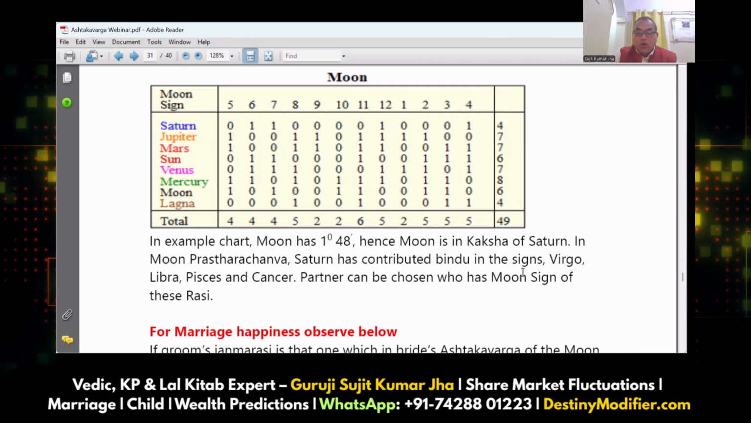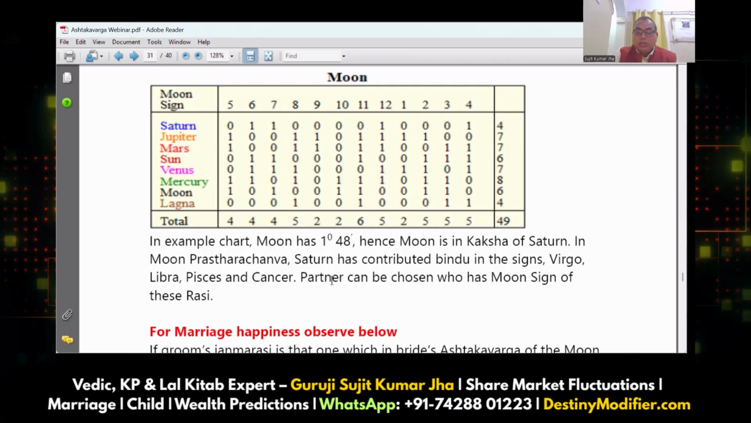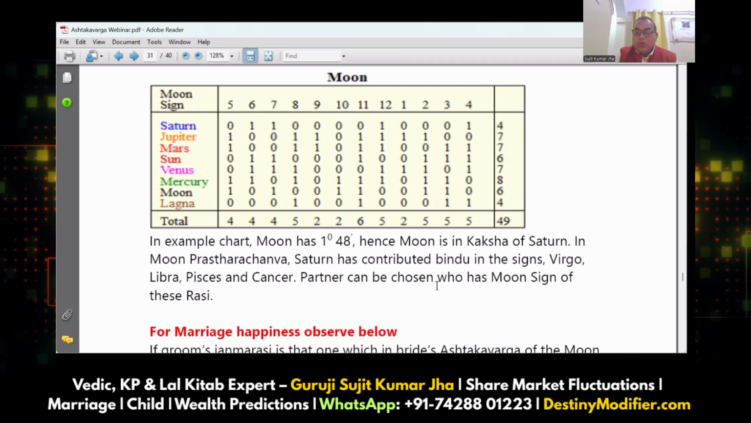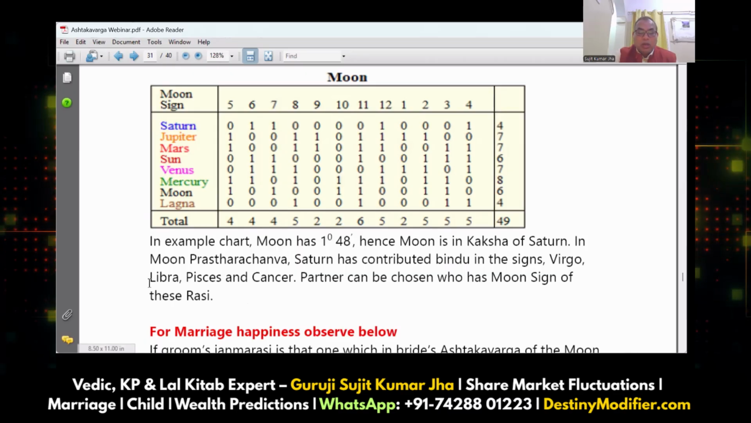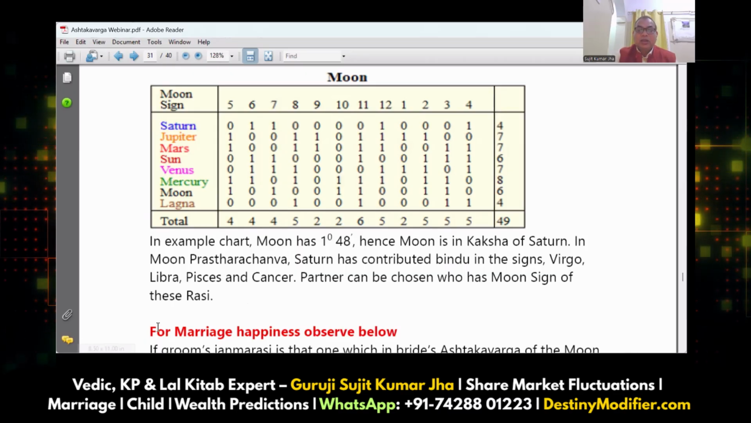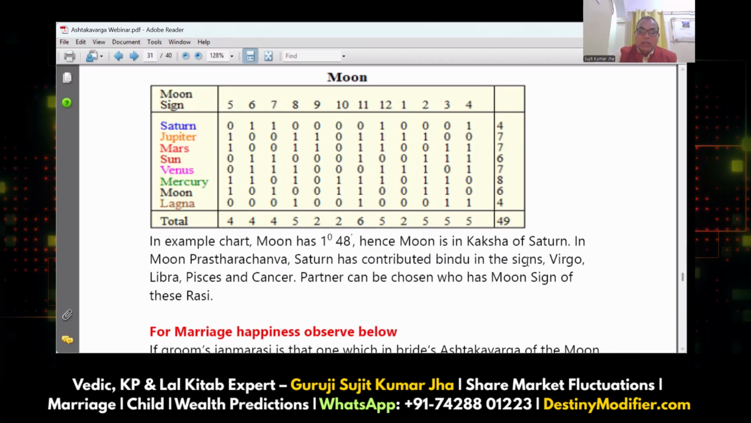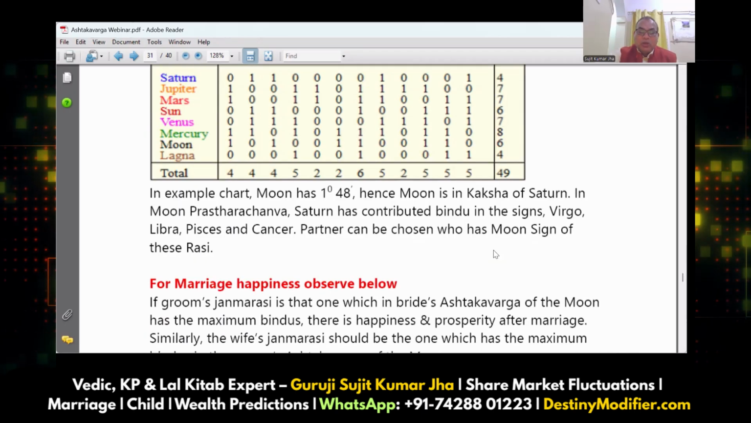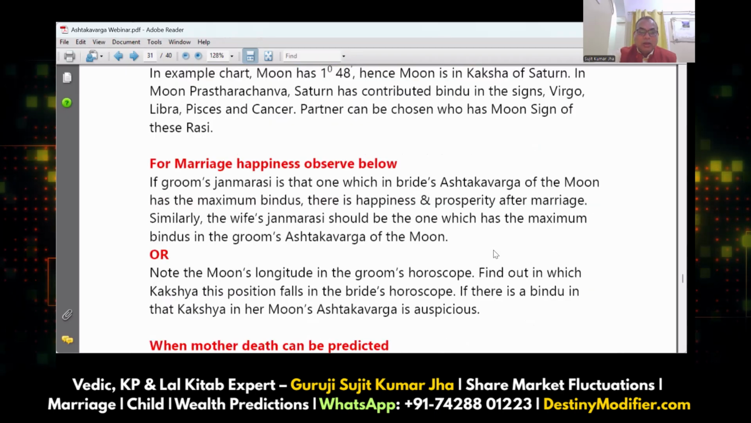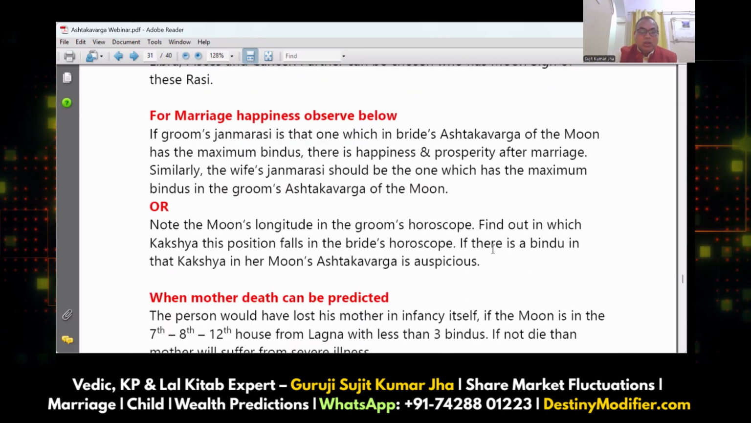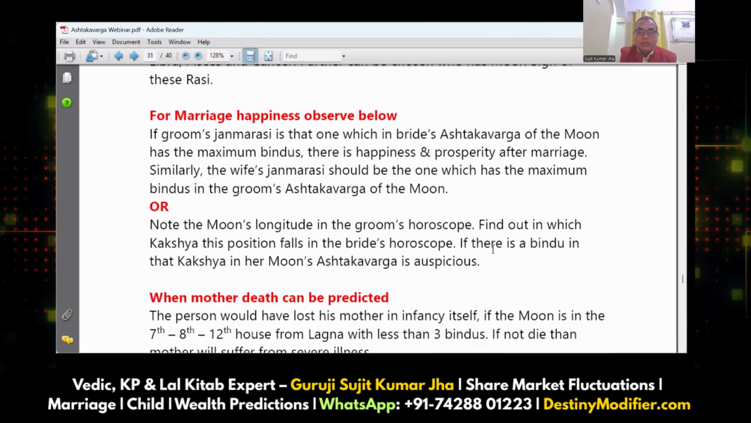So we find 4 signs. What it means? It means a partner can be chosen who has a moon sign of these 4: Virgo, Libra, Pisces, and Cancer. So the Ashtakavarga concept very minutely identifies matchmaking, and no other method is able to do this. Now for marriage happiness,